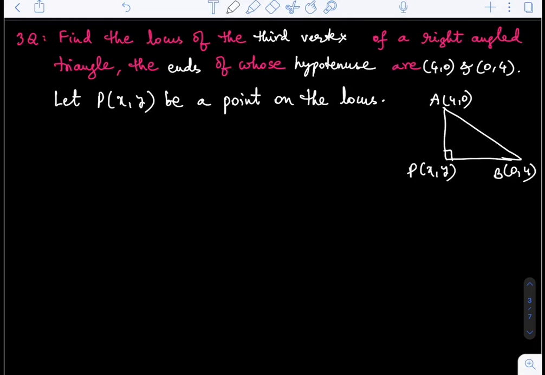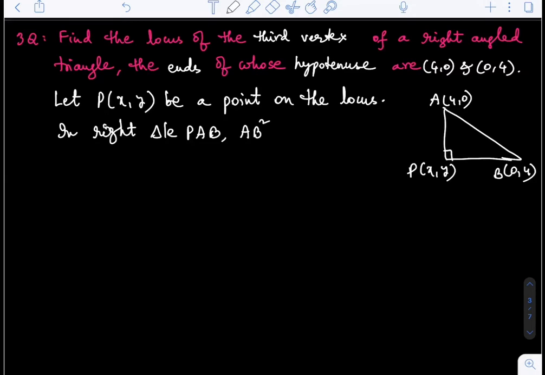In similar triangles in 10th class, you have learnt many properties of right triangles. So what does the Pythagoras theorem say? Hypotenuse square is equal to height square plus base square, or base square plus height square. That is used here, that this is a right triangle. In right triangle PAB, what geometric condition are we taking? Here we are taking the condition as hypotenuse square is what here?